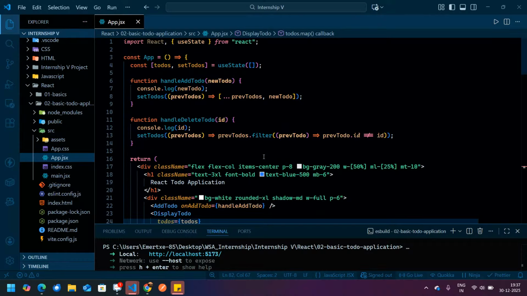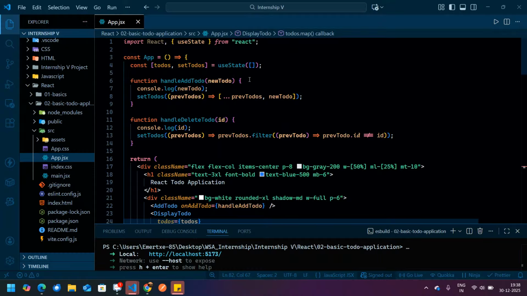First of all, you want this data whenever the whole application renders for the first time. That is the time when you want this data to appear. All the to-dos written inside our local storage, you want them to appear when the website is first loaded.